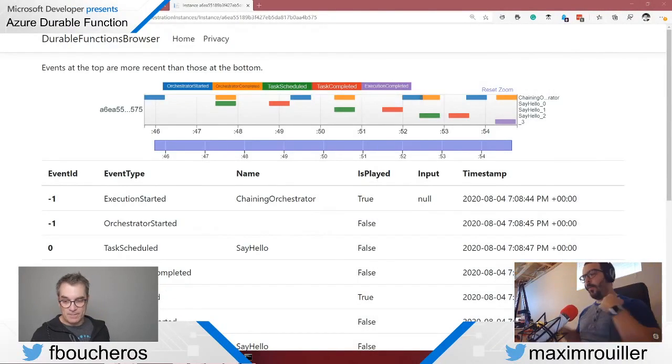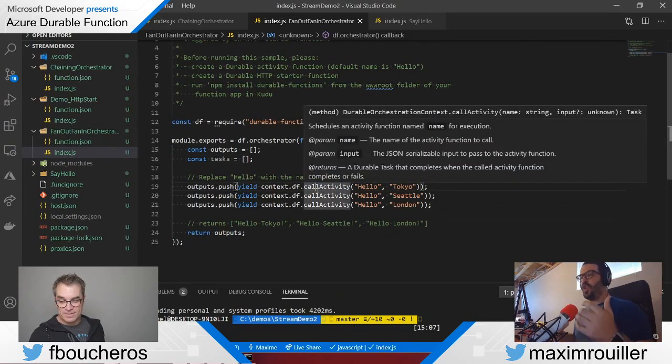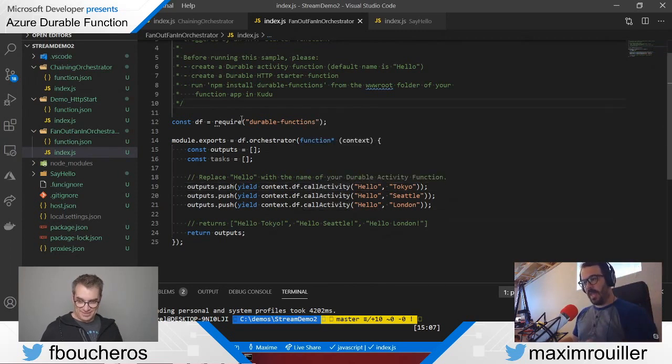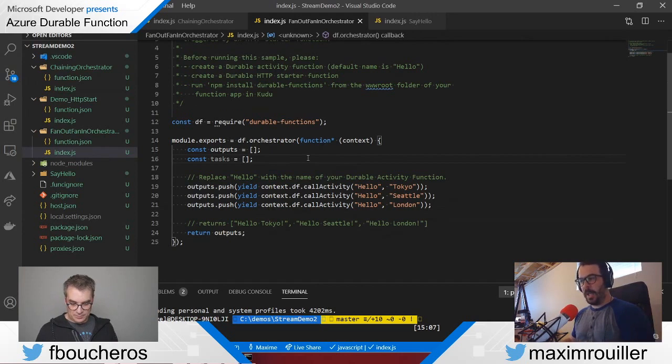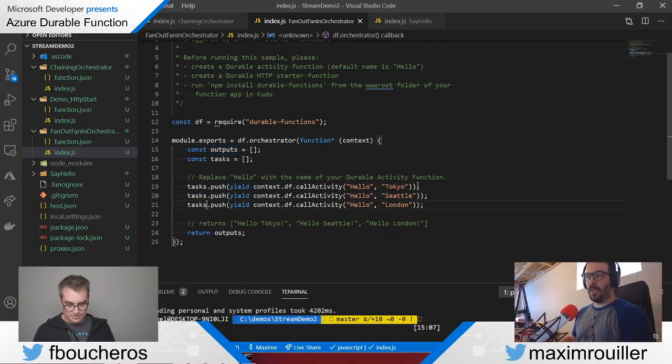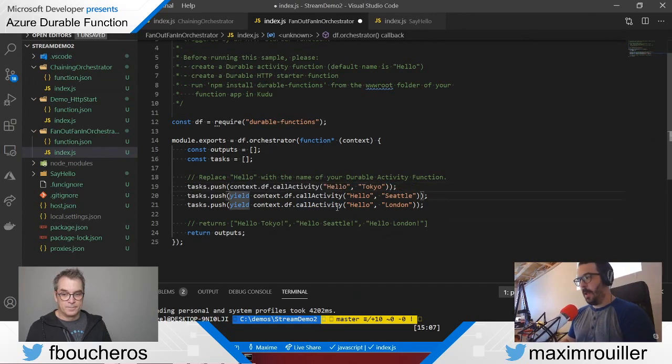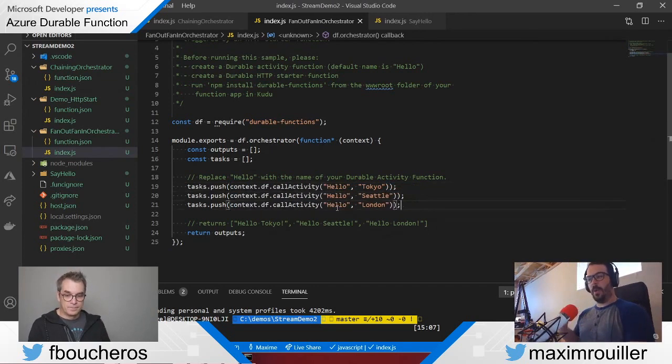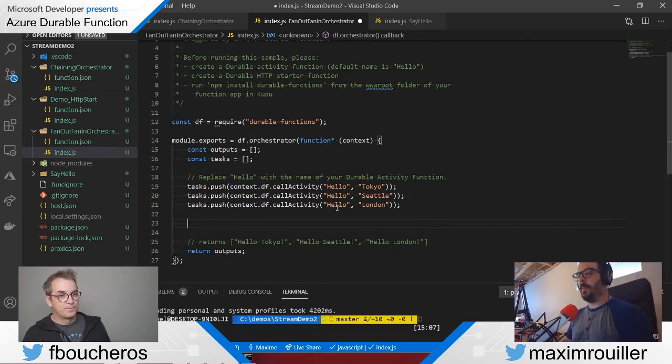Sharing back your screen. So that's the basic chaining function that they provide all the time, and it's kind of like, okay, so how do we take this and put it into a fan out, fan in? So we have those activities that are going to be called, but we're going to be removing those outputs. The things I want to do is tasks, because the outputs are still going to matter, but I'm interested in those 3 tasks, and I don't want to yield. I want to store them, because we're going to be calling them all at the same time, and we're going to want to do a context.df